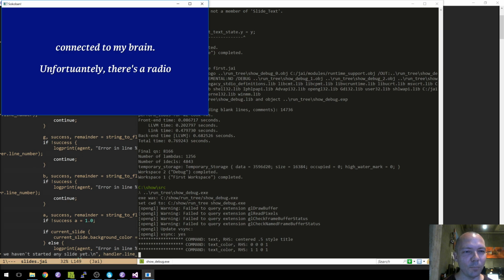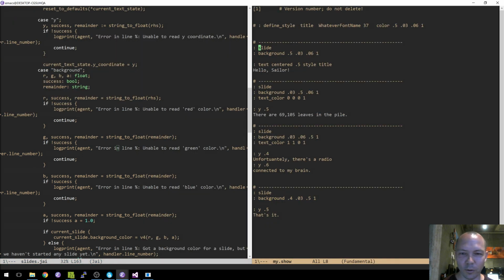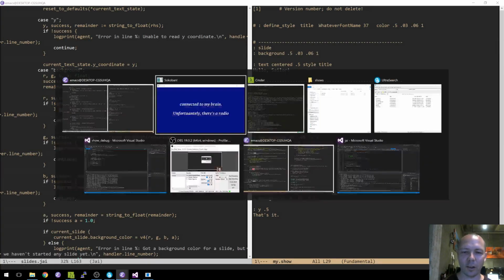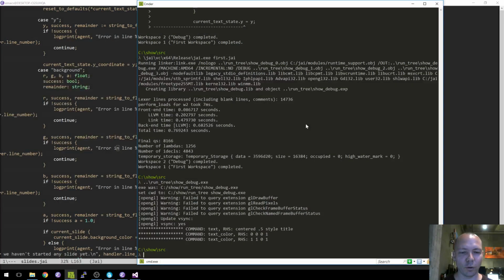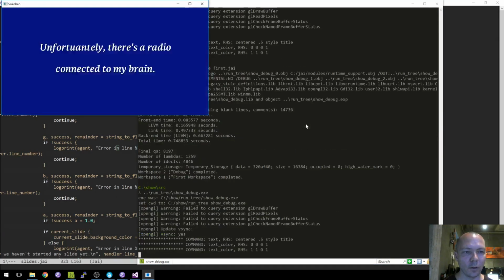I typed them. Wait, did I type them wrong? That's a weird one. Oh, because 0.4, right. So we're right-handed. So this is 0.6. 0.6 is higher on the screen than 0.4. Okay. So